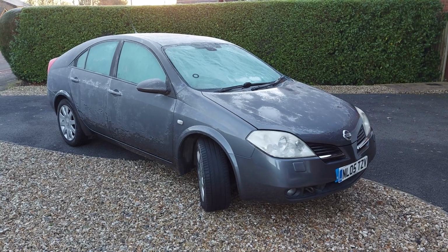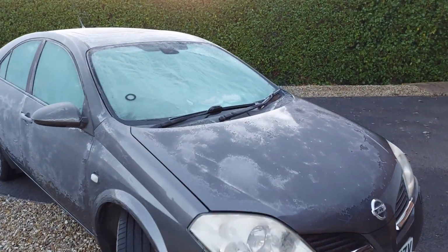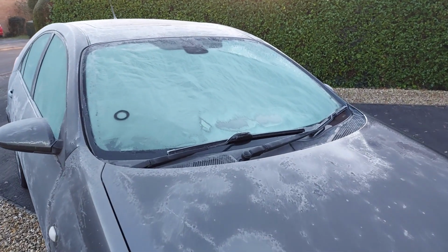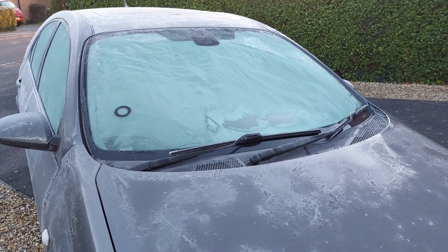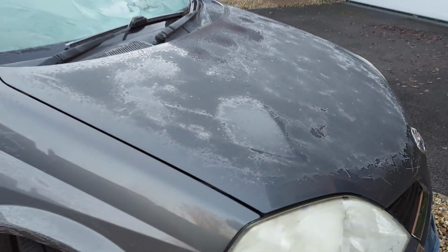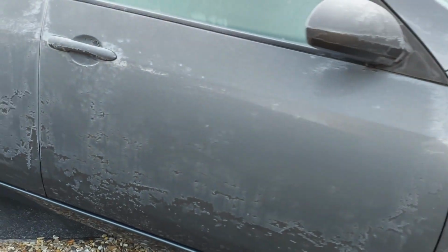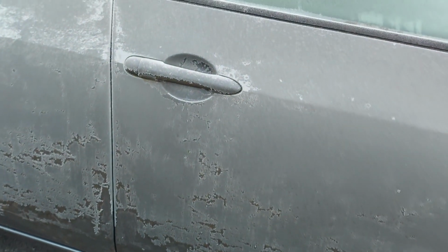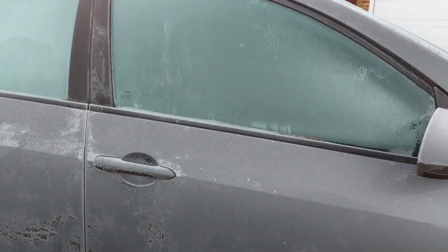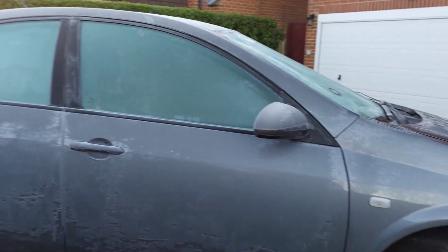Car 1 is this 2005 Nissan Primera P12, which as you can see has a generous splattering of ice on the windscreen, and indeed down there on the bonnet, and indeed down the side of the car. See the doors there? Including the handle, look at that. And of course the windows are covered as well, but nonetheless I'm confident this car will start up because it